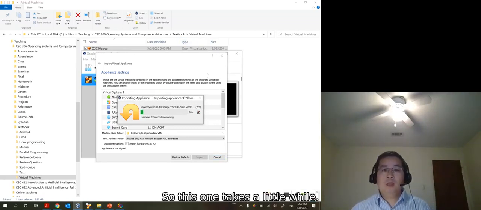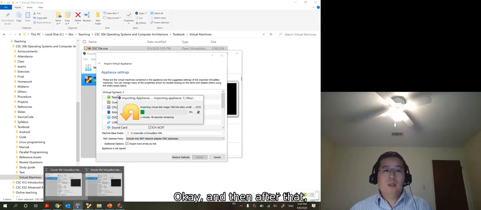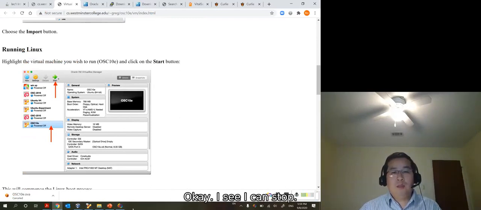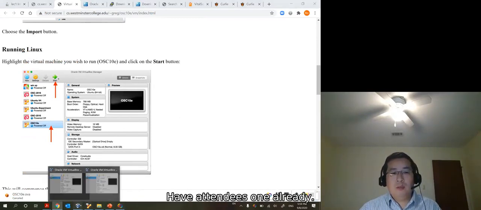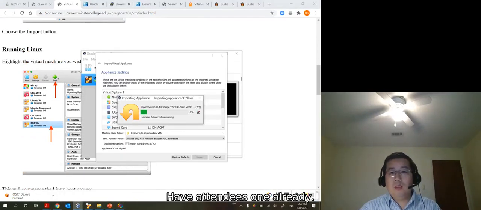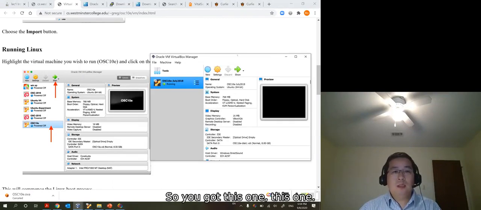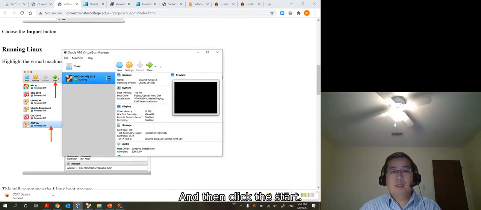This one takes a little while, and then after that you can run the Linux. I think I can stop because I have done this one already. After that, you get this, same as this one, and then click start.